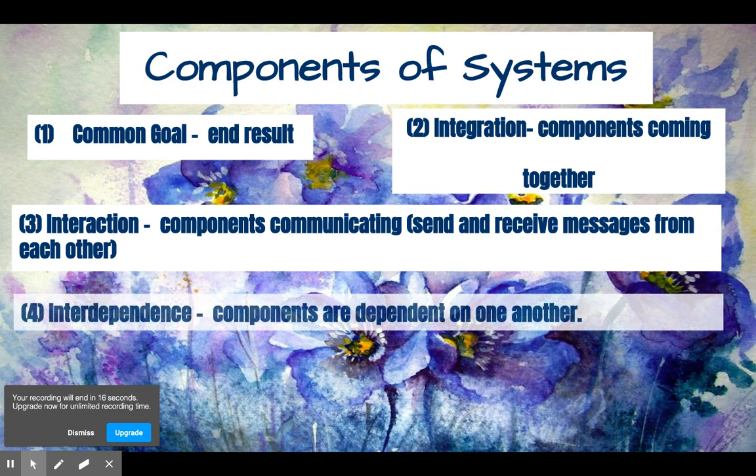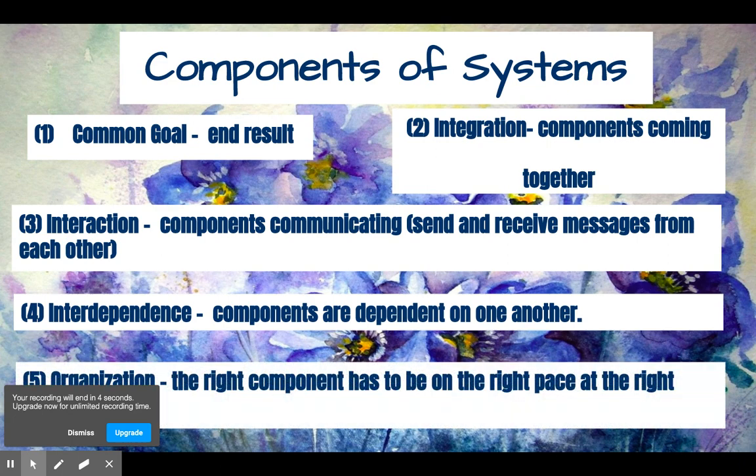The fourth one is interdependence, components that depend on one another. So in the train system, everything depends on one another. So they all must work together. The conductor, the traffic lights, and the time schedule. And the last one is organization. The right component has to be at the right place at